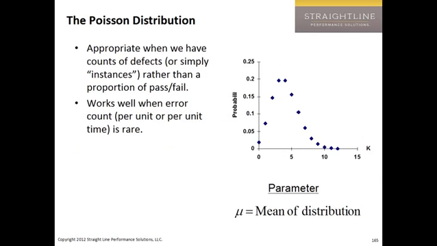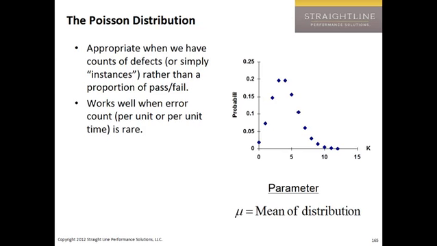First, let's go over the Poisson distribution. And Poisson means fish in French. I don't know why they chose that, but they did. Probably because it comes from a person's name. In fact, that is where it comes from. Okay, so this is appropriate when we have counts of defects. So if I measure defects, if I know how many defects there are, but I don't know how many non-defects there are. Typical example might be if I look at spills on the plant floor over the previous